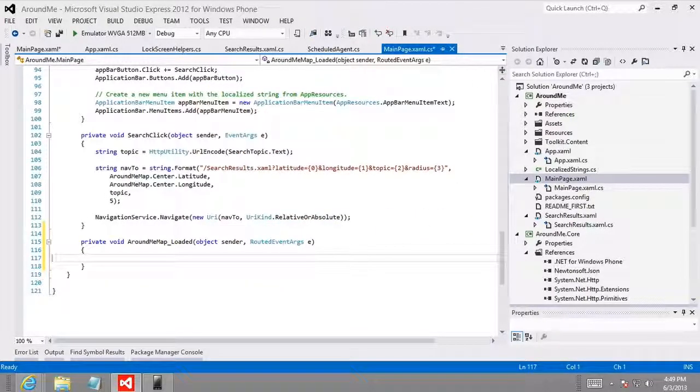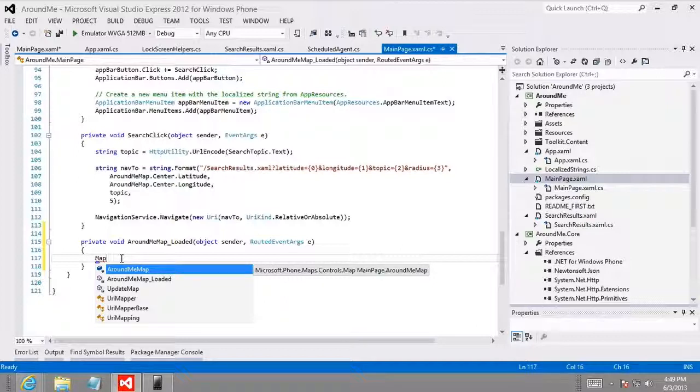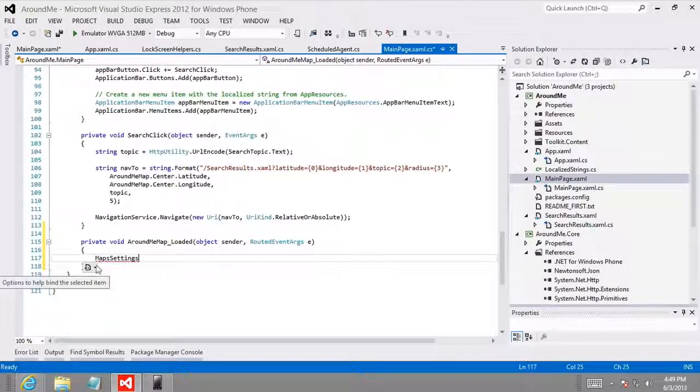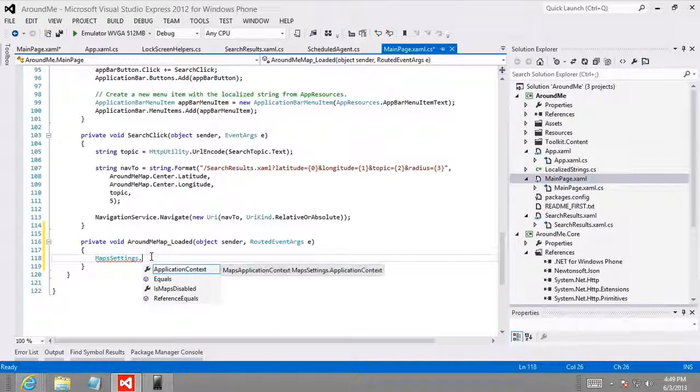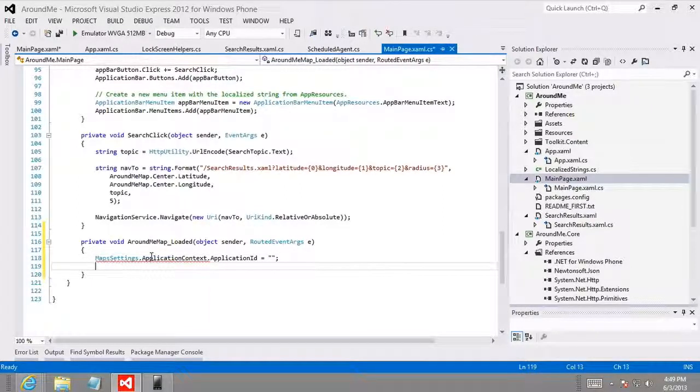And then inside of here, you would want to do something like this. Map settings, and so we'll have to add a using statement to Microsoft.Phone.Maps. MapSettings.ApplicationContext.ApplicationID, and you would set that here,